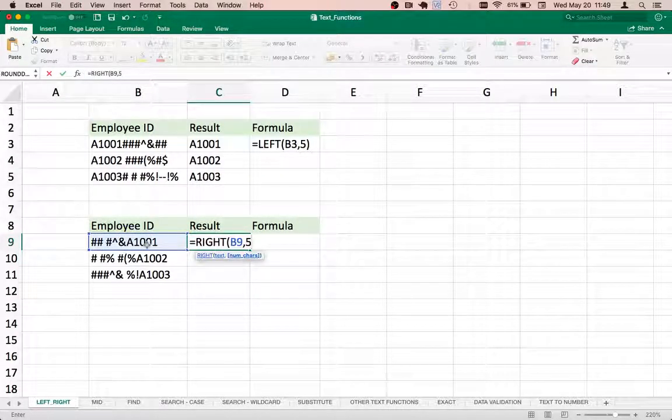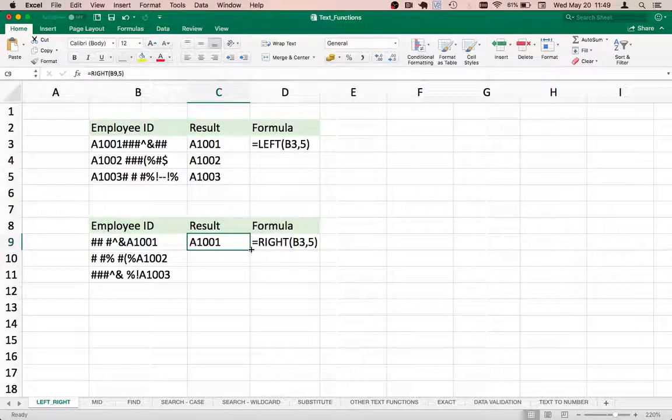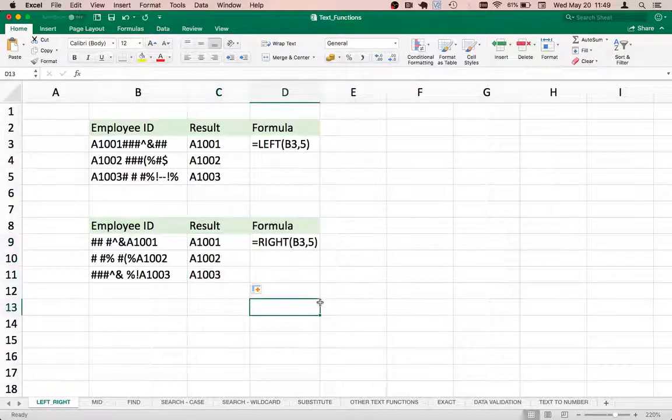From the right of the cell, it will pick 5 characters. It is going to extract 5 characters for us. There you go. Now if I drag down the formula, I get exactly what I was looking